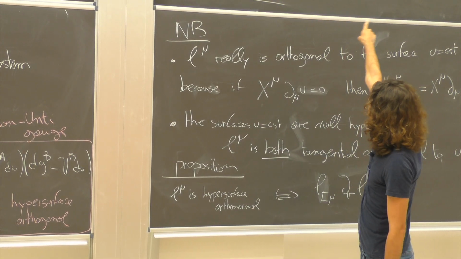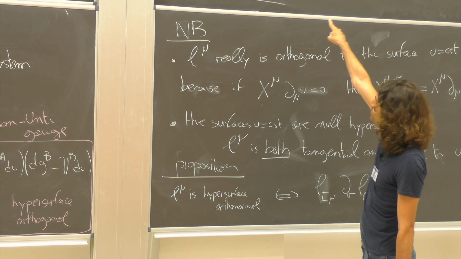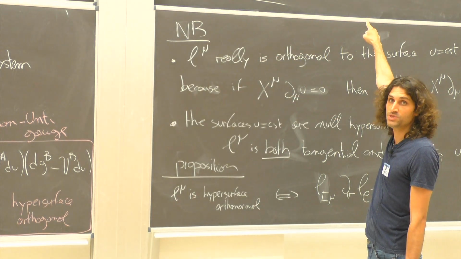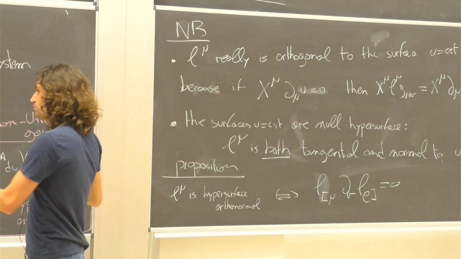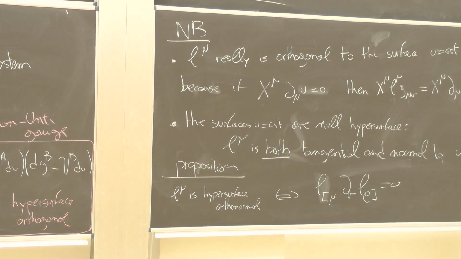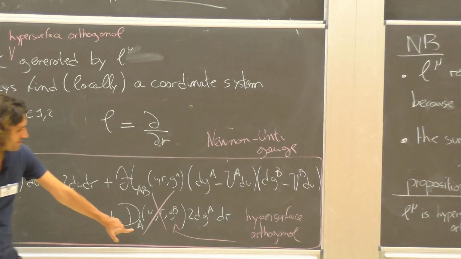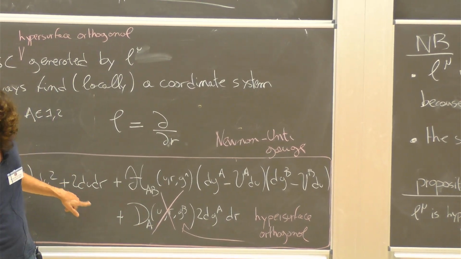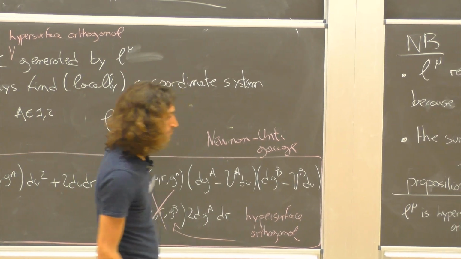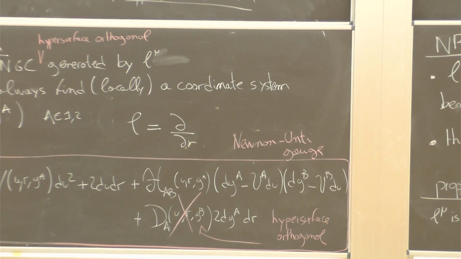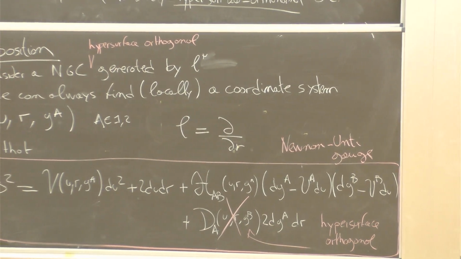This definition here is really that when you contract L mu inside the metric, it should just be du. But L mu is dr. So when I contract it, what are the terms which appear? Well, there is just this du term, and then there is this one. But I don't want this term because I just want du. So that's why it should be 0. Okay? Good. Any other question?